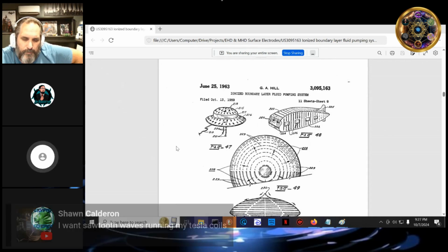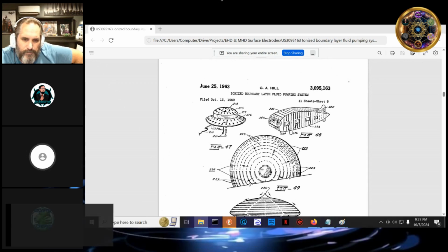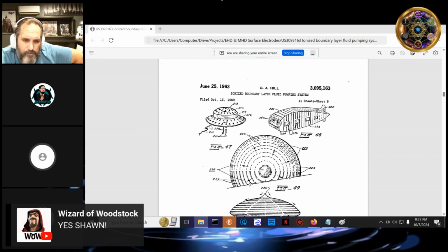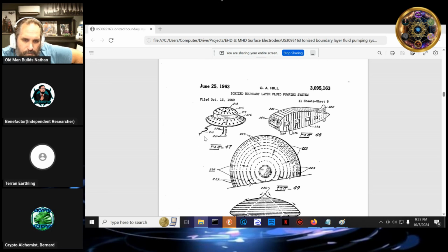Oh, look, there's the hooks. Do you remember Michael Schratt talking about these things hanging down? Yeah, absolutely. In the early 60s, they'd see them by the electrical lines sucking up power. Well, that's actually done by the electron beams, the electron lasers. Yeah, like electrodes sticking out. What they do is they took the